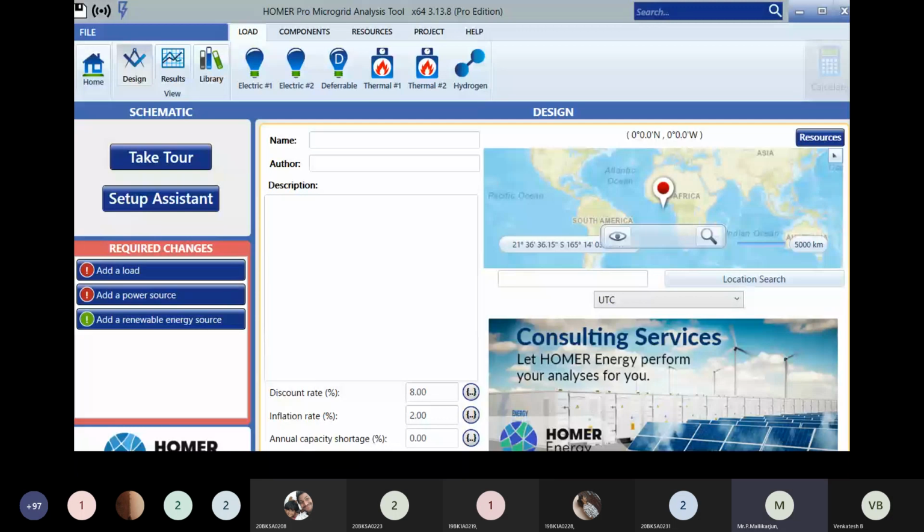Sir, can you move out of the screen? Move out of the screen means, see, I have to use the same menu for different configurations, sir. You are able to see only that I am looking at add a power source, that is on my left side. On the right side I am defining my load. Okay, but we are not able to see that, sir. Sir, move out of screen sharing once. Again, start sharing the screen one more time, sir.